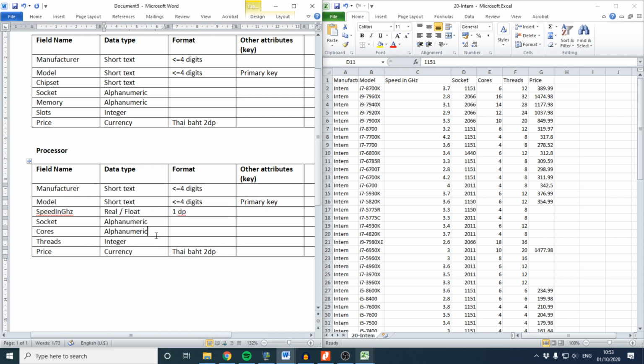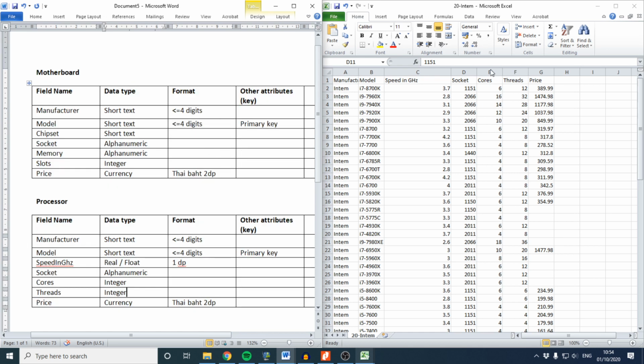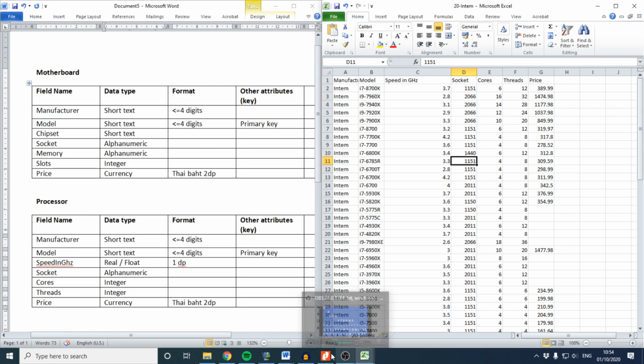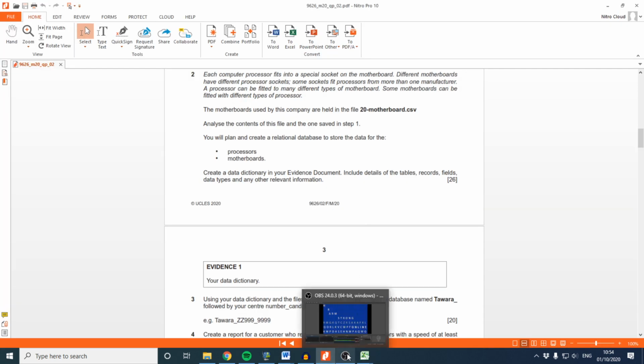So socket has to be the same type as this. So alphanumeric, because they're going to be linked up. Okay? And then cores, I'm going to use an integer for that, alright? Integer, and then, pardon? Threads too. Yeah. Now, because you know in the question paper it said,